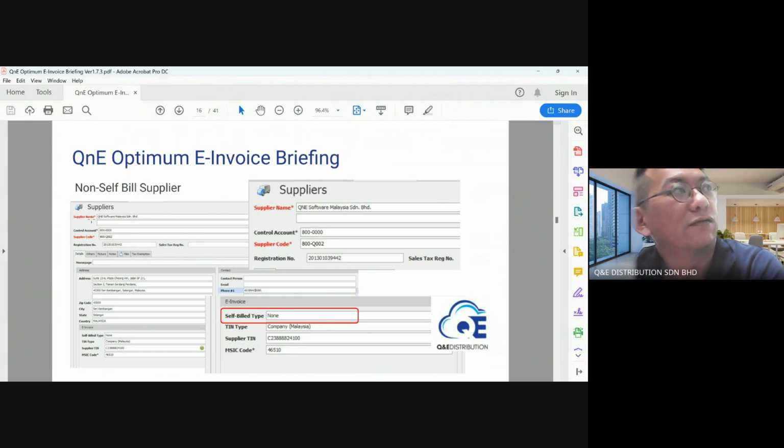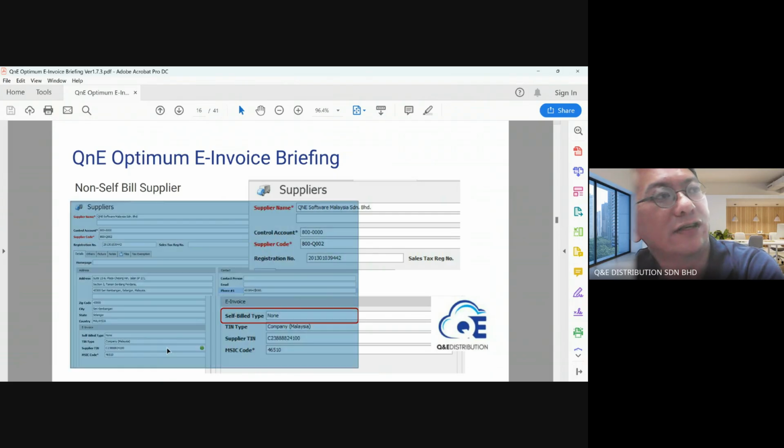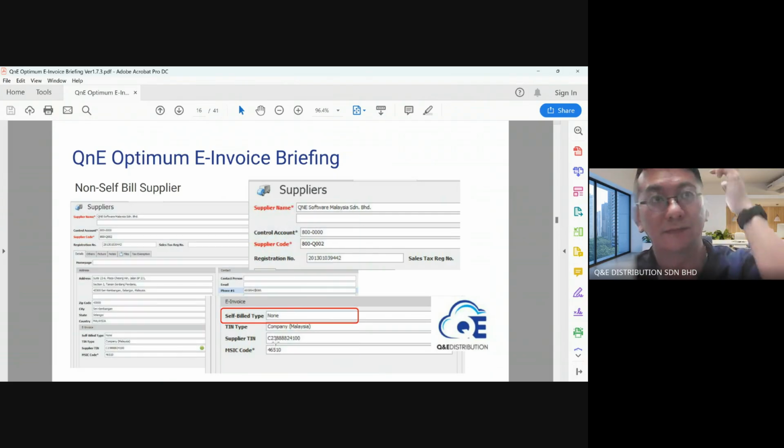So if you key in supplier details, just key in as usual. Okay. PIN number, if you have it, you just add that. But for self bill type you put none. Okay. You are also able to use the search function. So this one I just explain straightforwardly because this is not so important to e-invoice